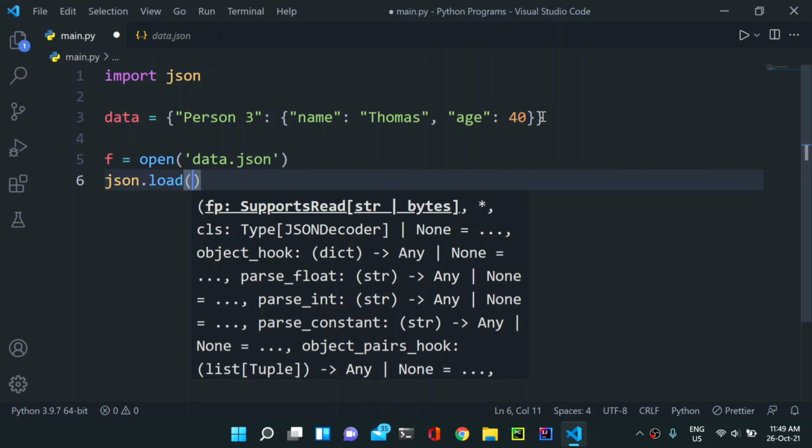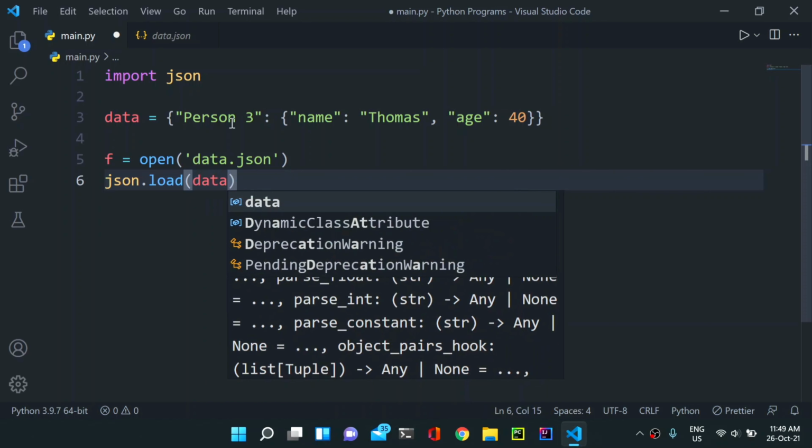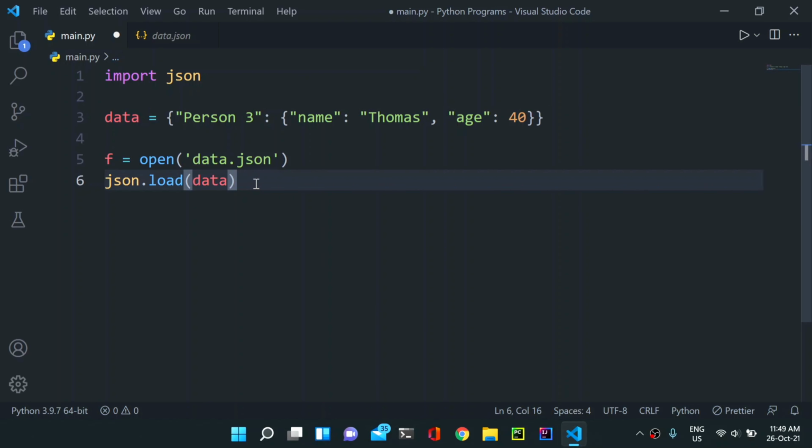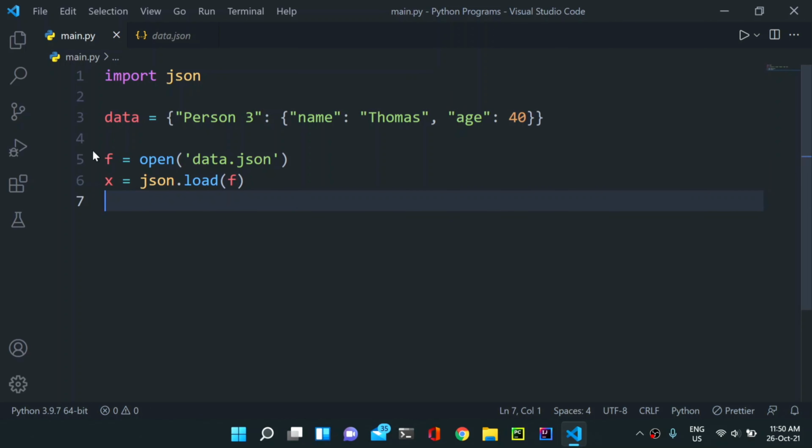Which data do we want to load? We want to load this data here. Okay, so we have loaded this data, and let us store it in, let's say, X. So we have stored it in X. So we have the loaded data. Now we want to modify this data. Okay, so first of all we want to load this file, not the data. We want to load the file, and then we want to store it in this X, and then we want to